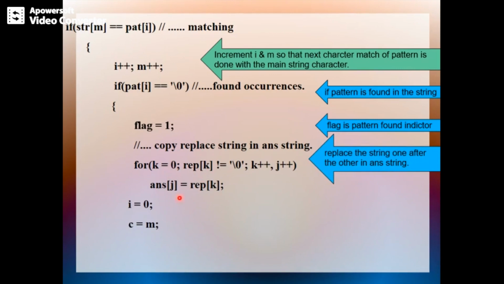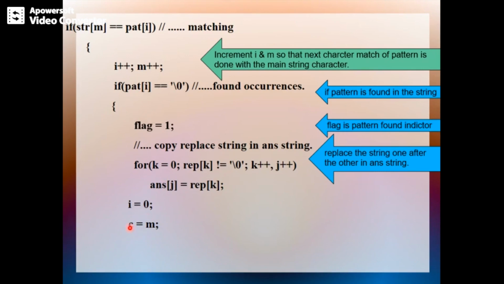Next, once I finished copying the replacement string into the answer string, what should I do? I should again make i as 0, because I should start matching the pattern again from the beginning. That's why i should be initialized as 0, and c should be initialized as m.